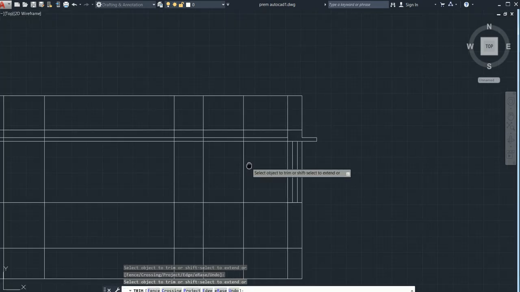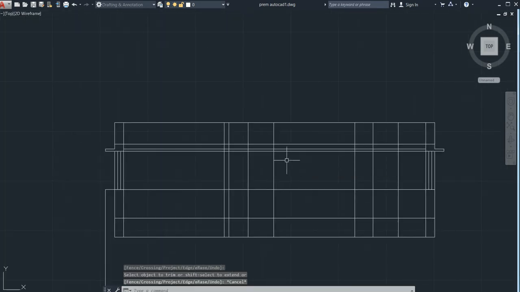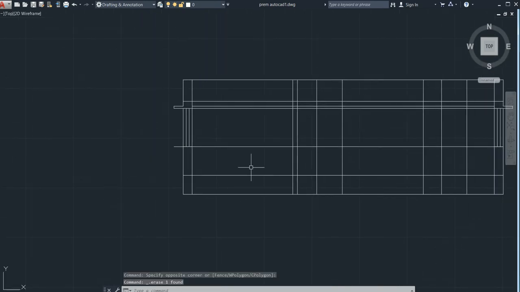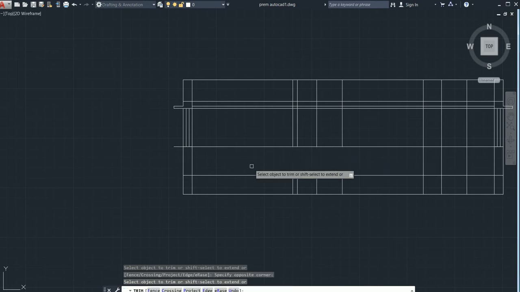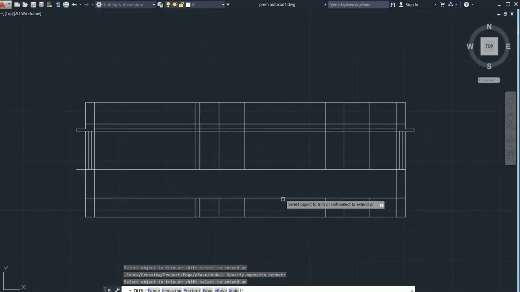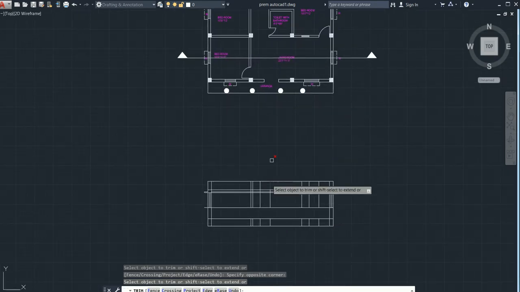This is our chhajja, so skip it. Now delete this, we don't want this. After that again go for the trim command, whatever required things are there we need to keep, so that this will be our door.